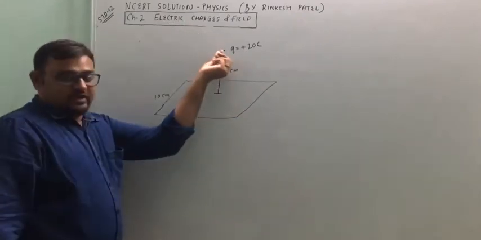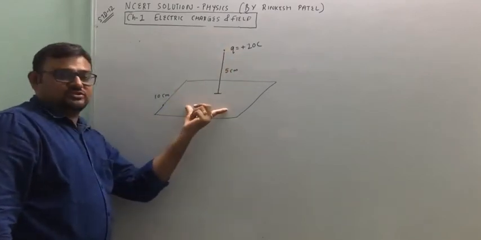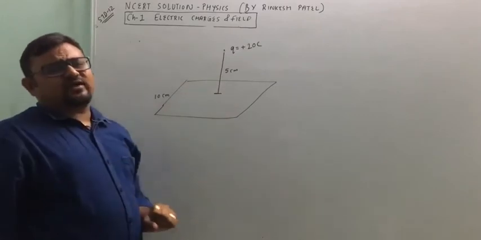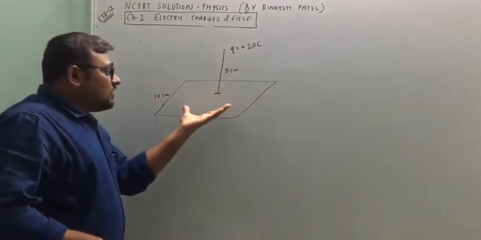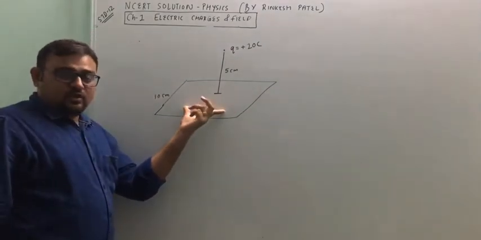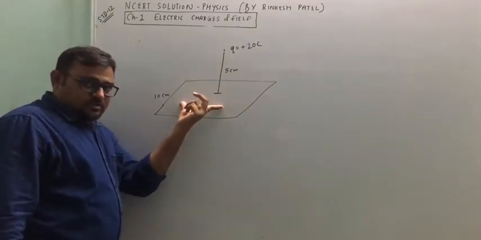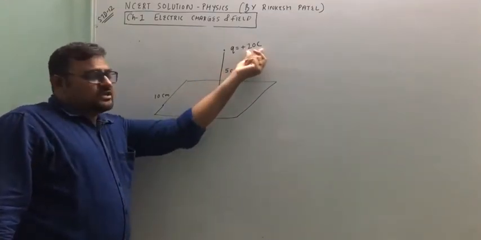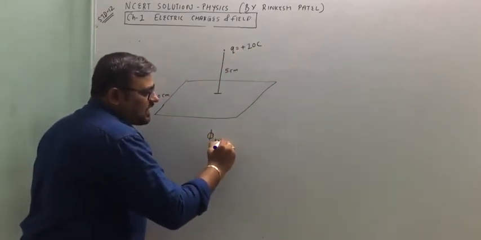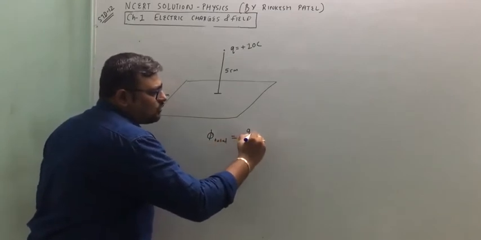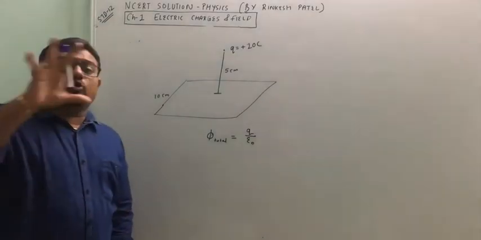Okay, electric field lines will be emerging from this point charge. So you have to find out the flux through this surface. Now, if I consider a complete cube having one of these faces, there are 6 faces in the cube, and this is one of the faces. If the charge enclosed inside the cube is Q, then the total flux coming out of the cube will be equal to Q by epsilon 0. Clear? This is from the whole cube.